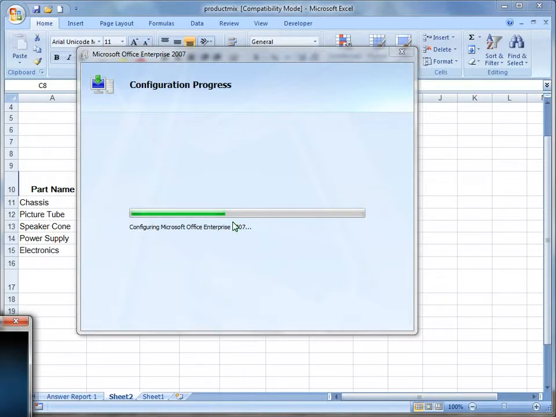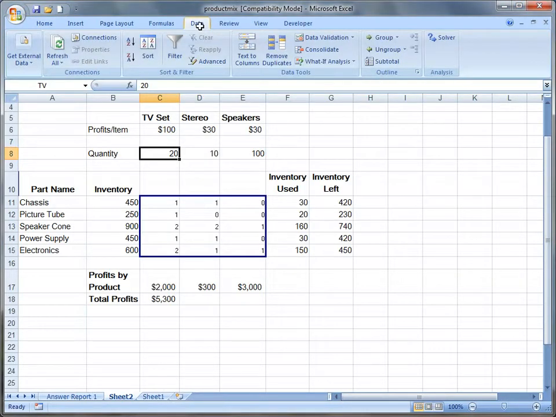Okay, so this is done. I'm going to turn that off and go back. Now we should have under Data, off to the side, an Analysis group, and the Solver button will come up. So what we're going to do is use the Solver to look at this